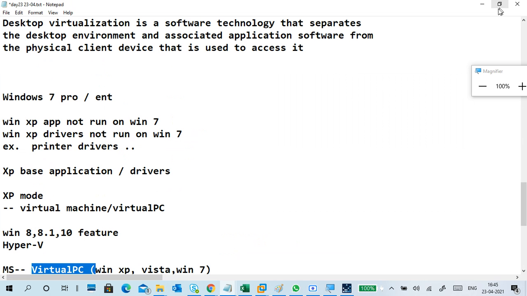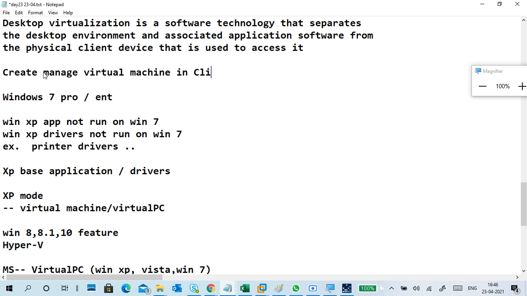I'm typing this one. Create and manage virtual machines in a client PC. Client PC means our PC, you can say user PC, client PC, desktop.